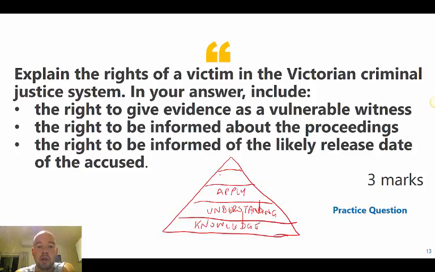And it works all the way up to analyze and then evaluate at the top. So what we have with an explain question is just a question that is quite low. It's lower order thinking. It's just basically relisting information. So what I'll often talk about in these videos is if it's an explain question, if you want to get the full 3 marks here, all you need to do is show